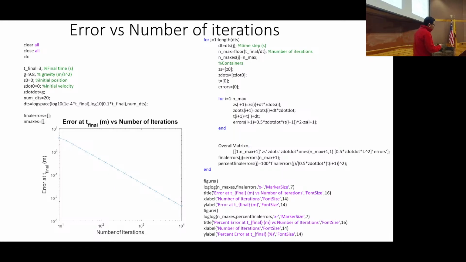So the number of iterations is the number of steps I run, okay? And it's going to be related to the inverse, right? The multiplicative inverse, if you will, right? 1 over the time step size, right? Does that make sense? Okay. So